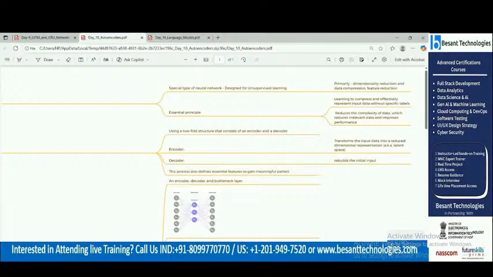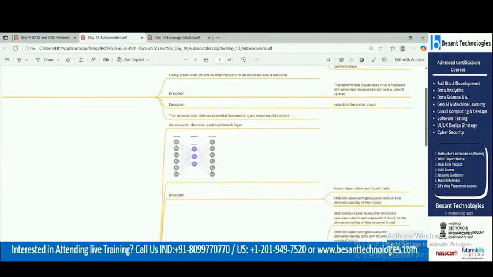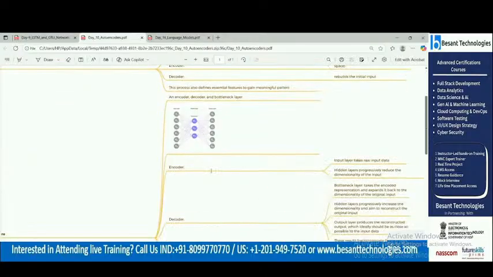Now whenever you are doing this encoding and decoding process, you have to remember one important thing. In encoding, you are going to use the raw input data first. That is the first thing you transform. In decoding, you are going to get the results, but you are not going to use the raw input data.